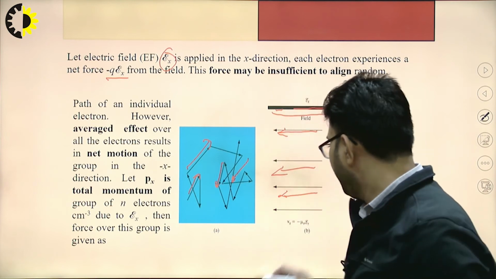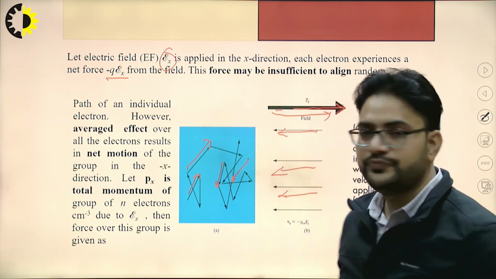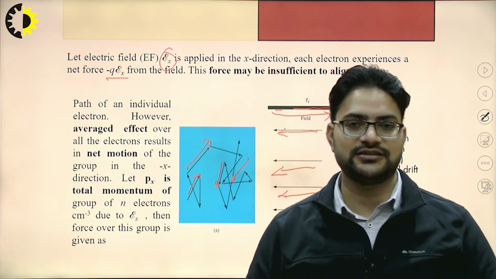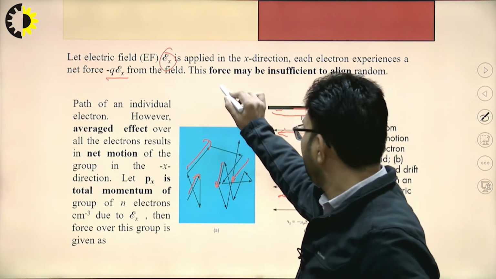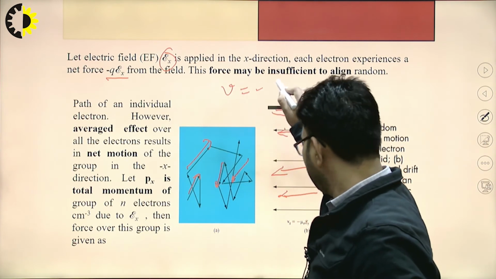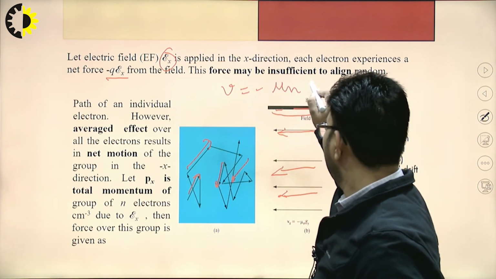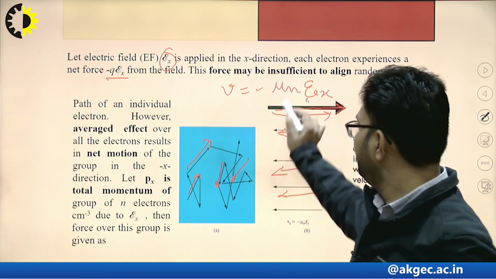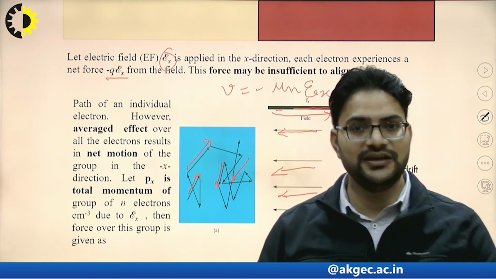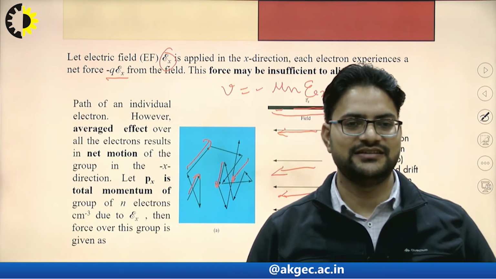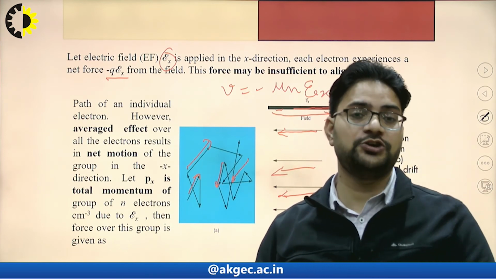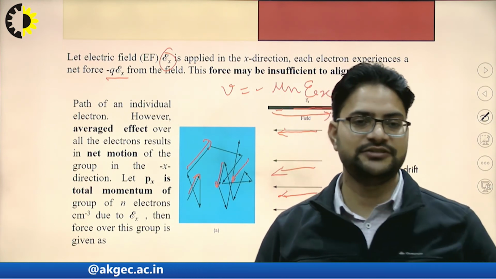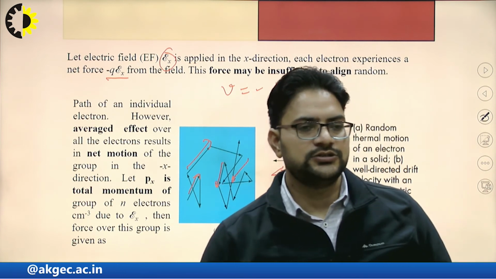That is, we have discussed this in the previous video lecture, velocity will be given by minus mu n into electric field, where this mu n denotes the mobility, right? So through this way we can compute the velocity also. What is the velocity? If we know the value of the electric field, right? So